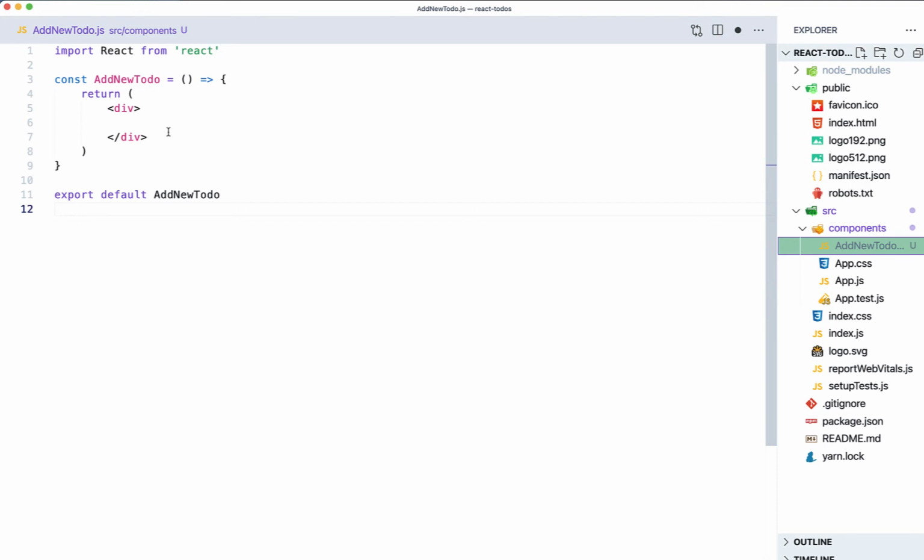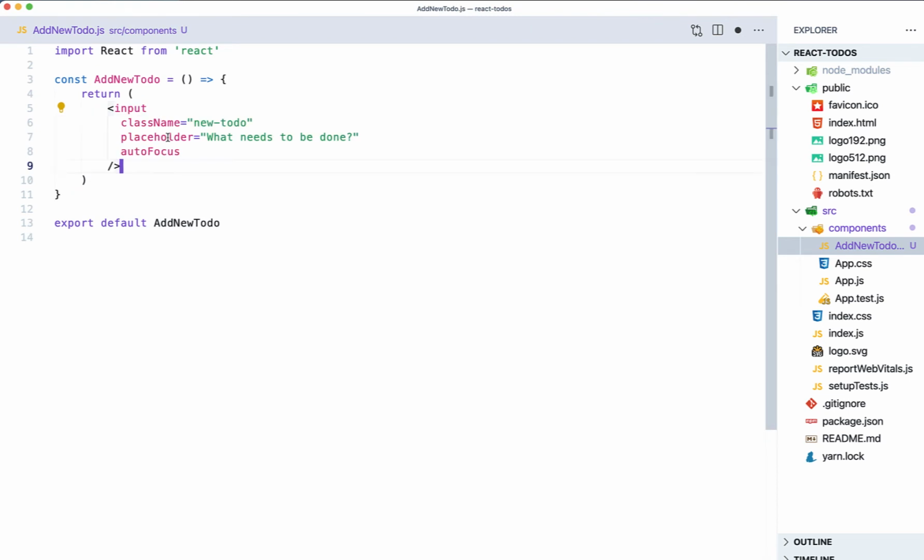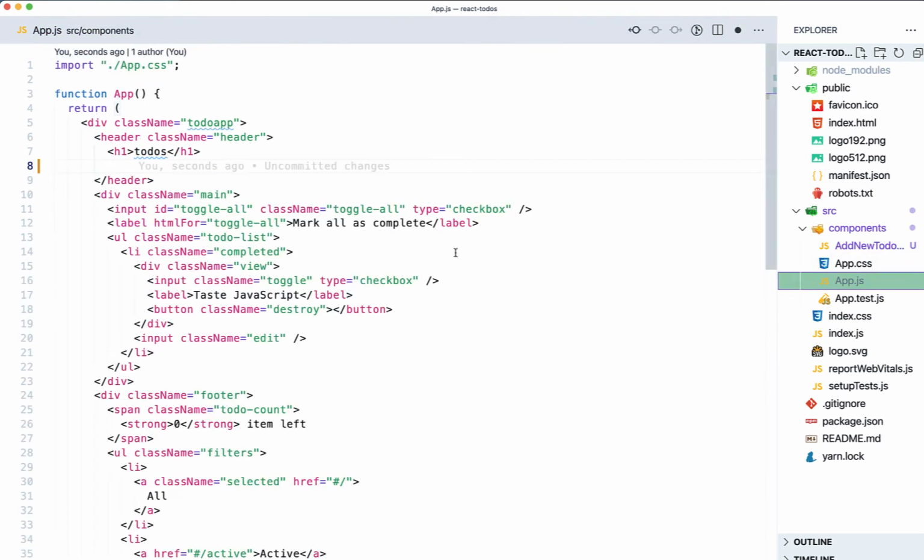If I bring the header here, that means the whole markup comes here, even though it clearly tells me that the AddNewToDo component is only responsible for creating a new to-do. So there's no point for me to bring the whole thing here. So what I'll do, I'll just paste this input here, save that,